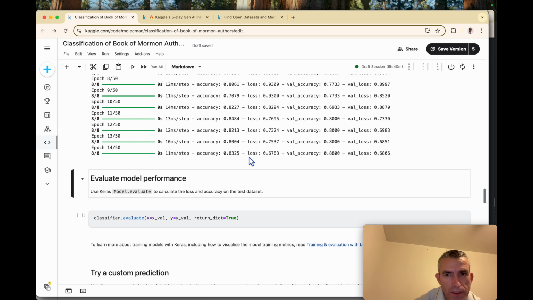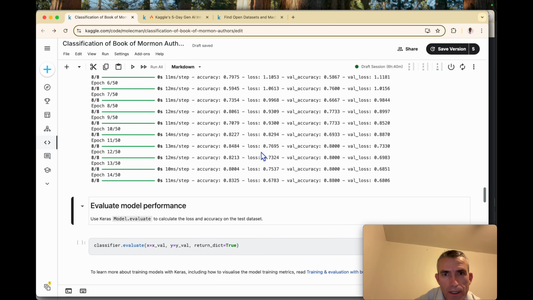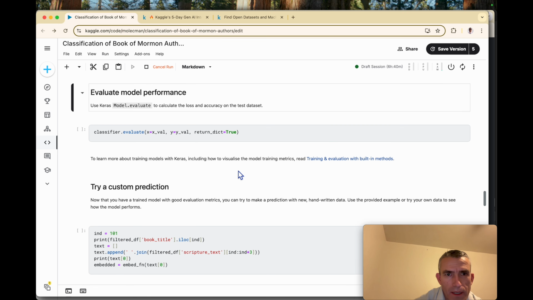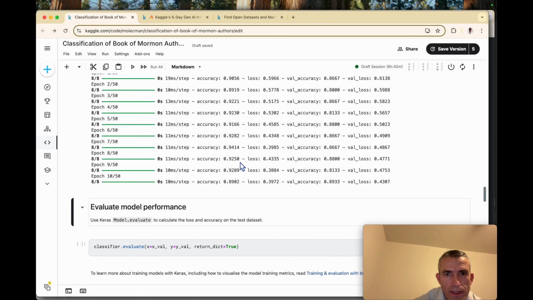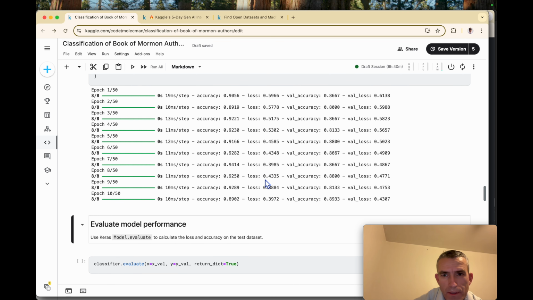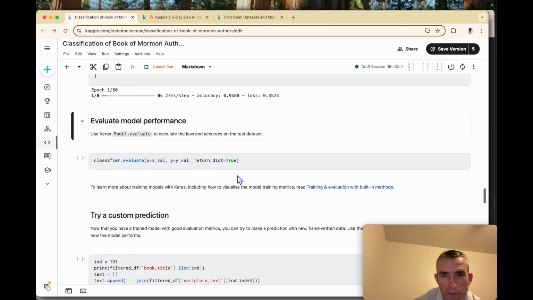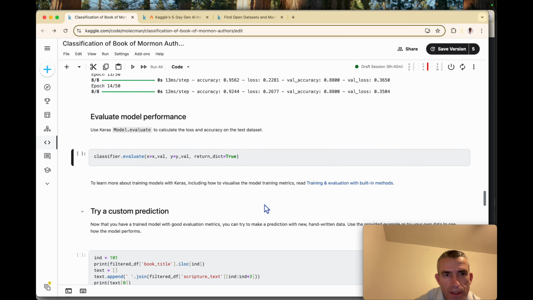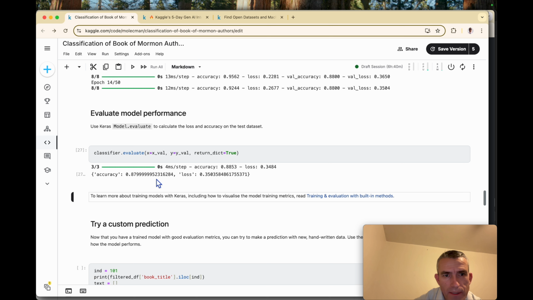It does a pretty good job and the loss reduces and the accuracy increases. We could run it again, and the accuracy is increasing, the loss also decreasing. So yeah, you can keep doing this until it levels out, which is about right there. And then for the test set, you can see it's about 88% accurate.